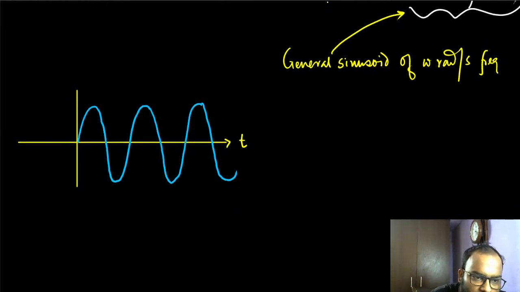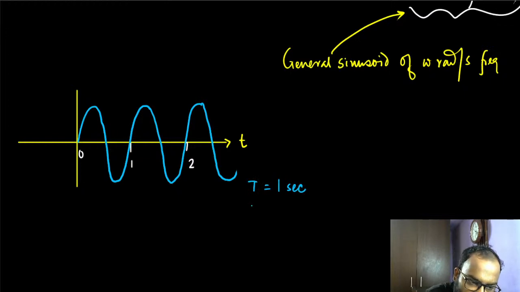So for example, just to give you a concrete mathematical value here, let's say this is 1 second, this is 2 seconds, and this is 0 seconds. Obviously this signal takes 1 second to repeat itself. So this signal is a periodic signal with a period of 1 second. So this time period is 1 second,